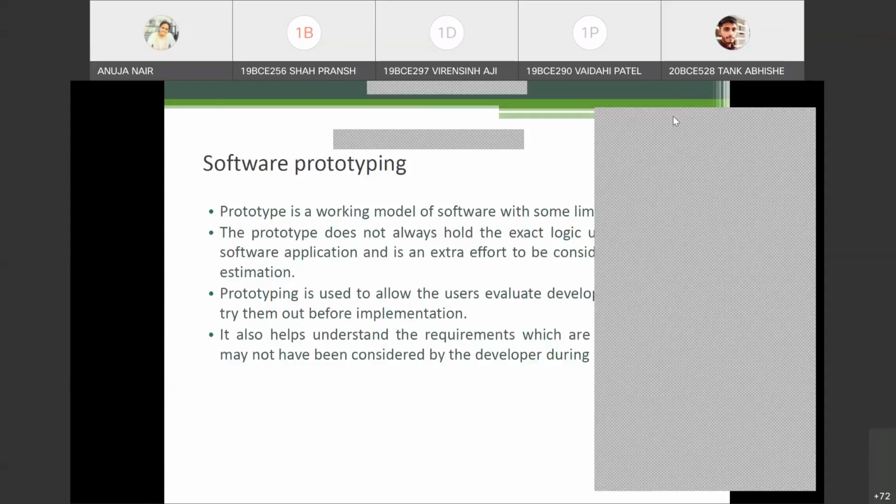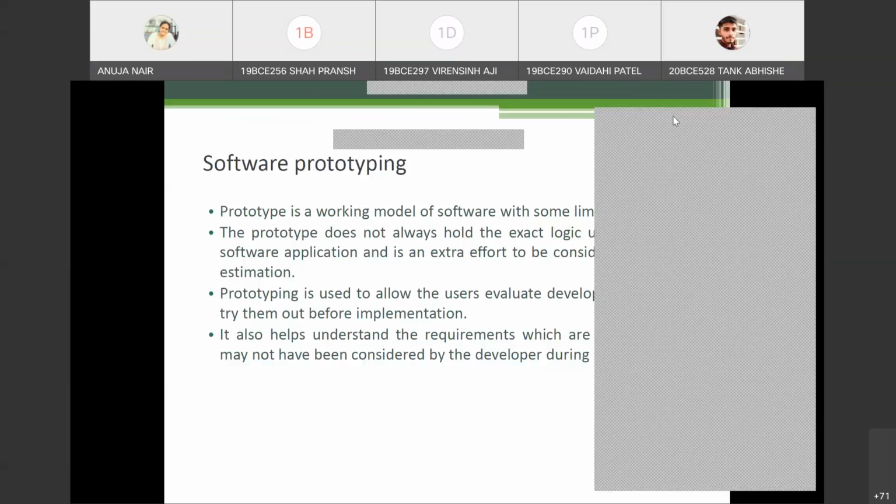So instead of first creating an entire working code of a product, whatever XYZ product you are creating, let's say library management system, I don't want to create an entire working product of library management system. Instead of that, I'll just implement some basic functionalities. Now why do I do this? Because if there are changes by the developer, or changes by the customer, those changes can be accommodated at the starting itself, right?